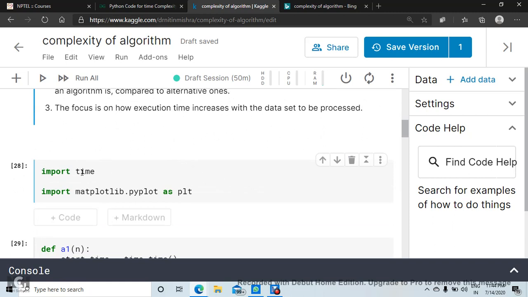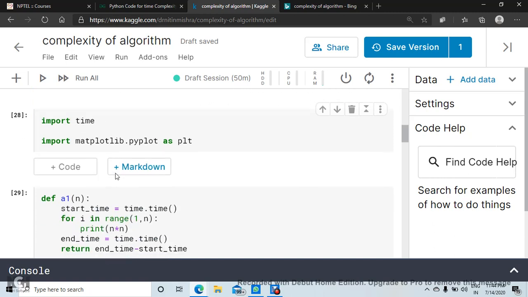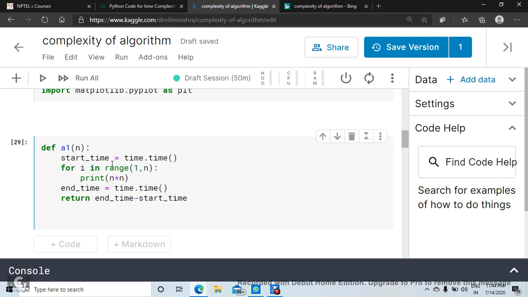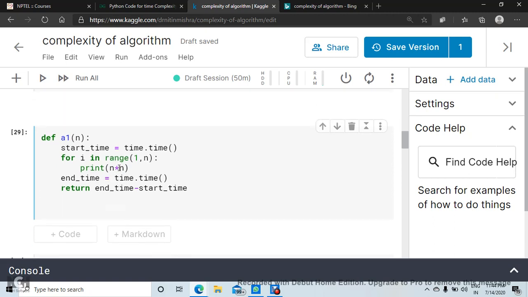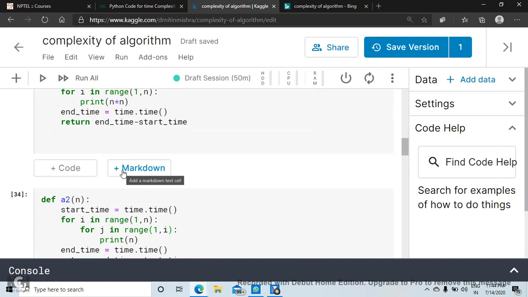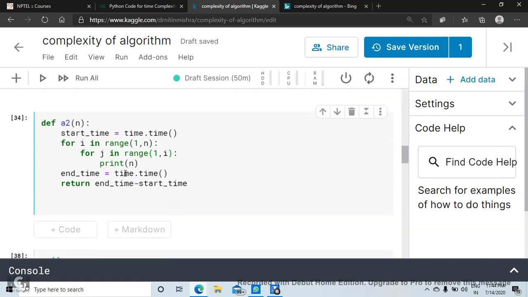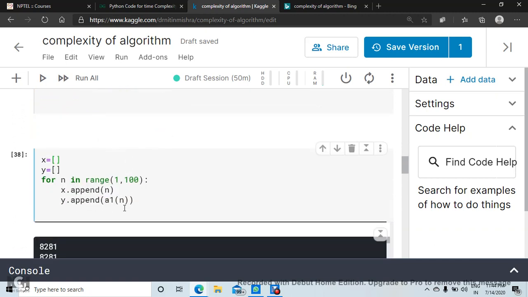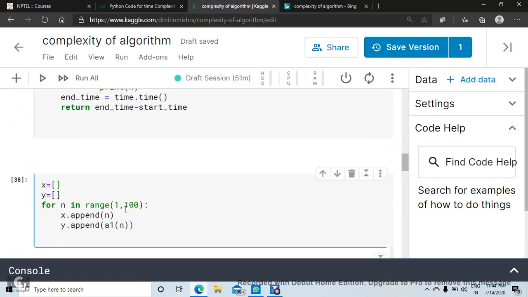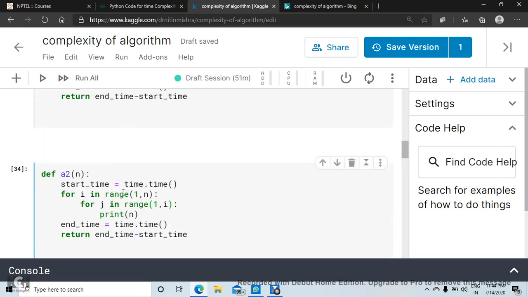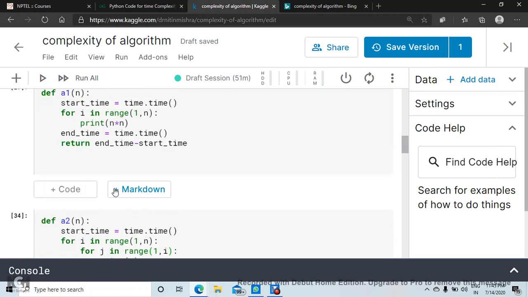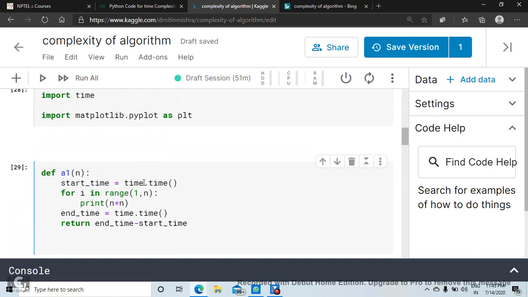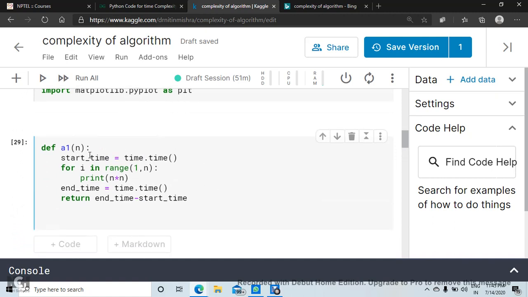Import these two classes. Import time. This time will measure the time taken by an algorithm. Okay, so let us take this algorithm.